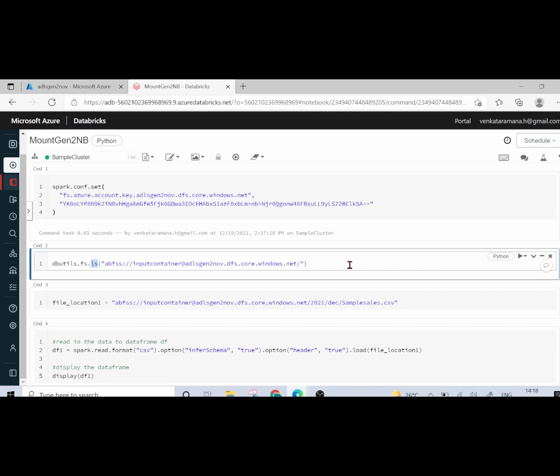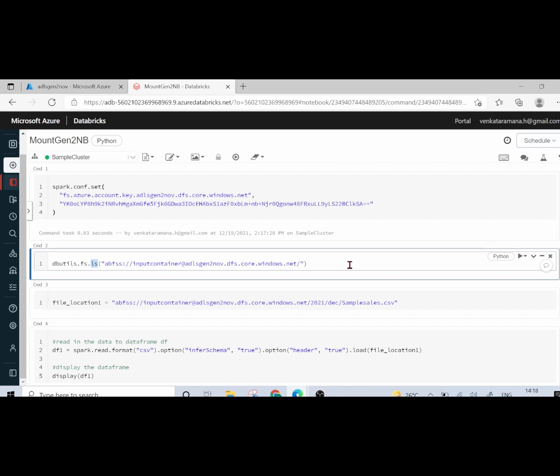And then after that, whatever path you want, if you have a file which is present inside any specific path, be it a container, inside that you have a directory, and inside that if you have a file, you can just specify the fully qualified file path, right? So if you execute it, you will be able to read that. So that is for a normal DBFS, normal Databricks file system.